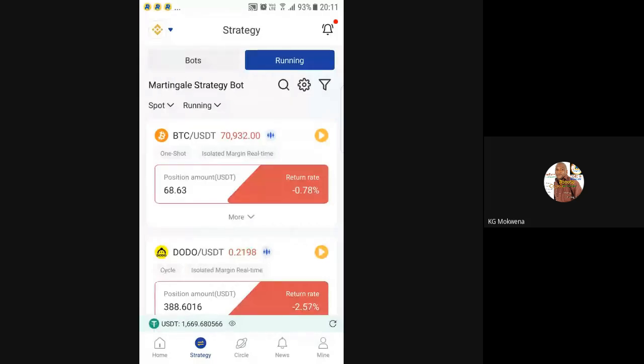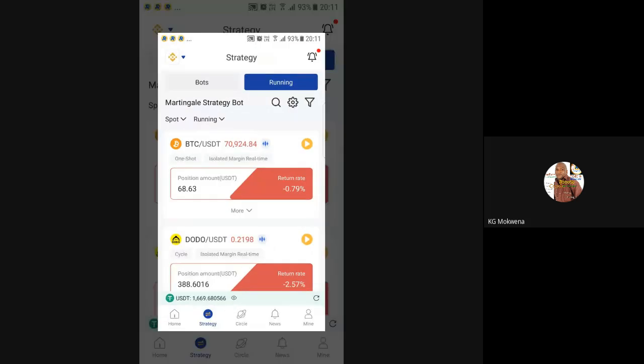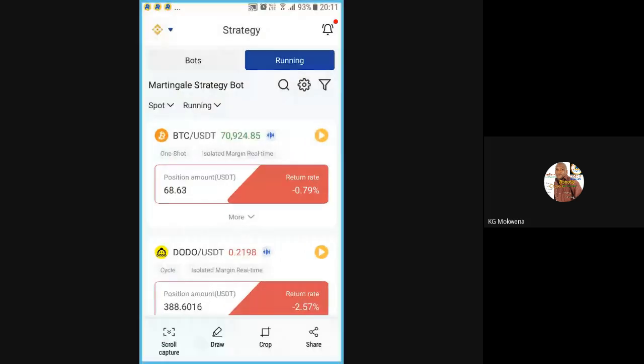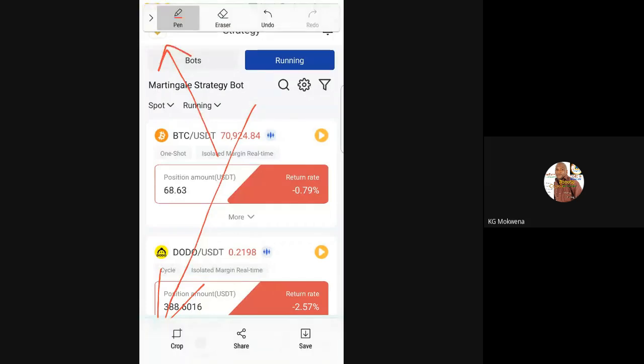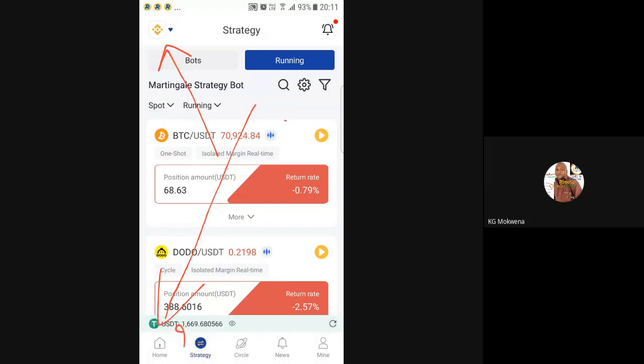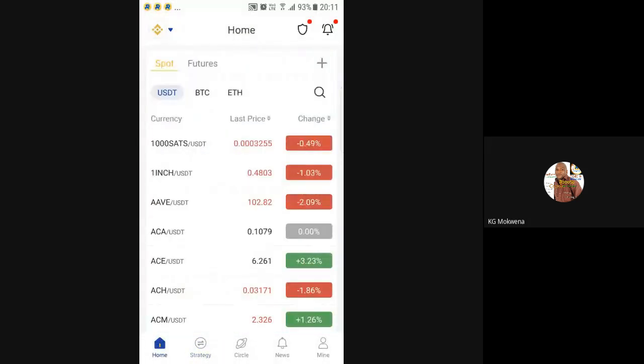So I will start by just going to the home page, which is at the bottom left. I just want to see how performance has been. Currently, you can see on top here that we are looking at the market from Binance Exchange. There you can see Binance Exchange. So we'll be looking at how positions have been, but let's first look at the pairs, how the pairs have